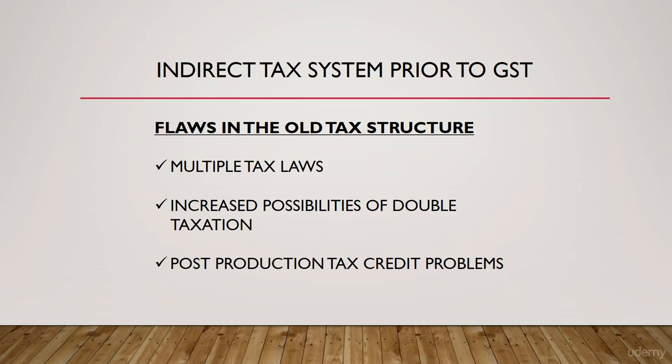Now, let me list out a few of these flaws for you. In the old tax structure, there were about 17 laws that existed over indirect taxation, including the central and state governments, and they affected the sale and taxing of a product or a service one way or the other. If not all, every SSC had to deal with many of these multiple tax authorities, which included filing of returns and annual reports and interacting with officers related to these laws.